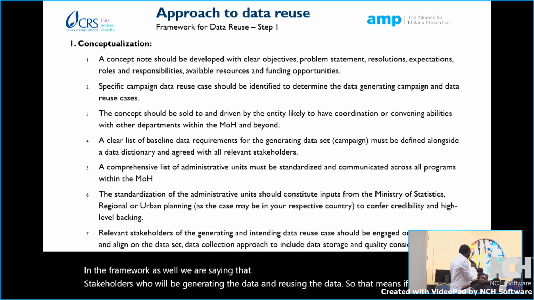And then the last point on the framework is on capacity building and training. If you have this framework established and you have the tools and repositories in place, but there is no consistent training of the respective people who will use the data, it will be difficult to have them use it. And the last point is on the monitoring and evaluation of reuse.